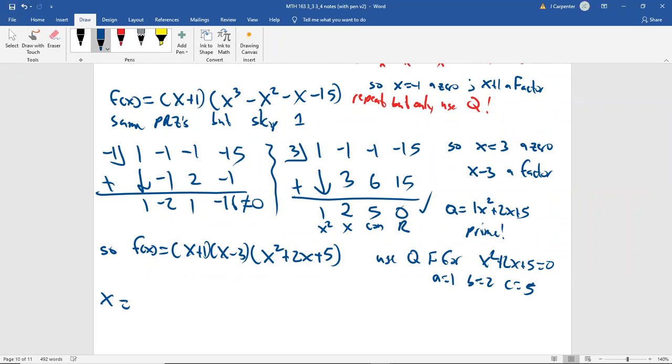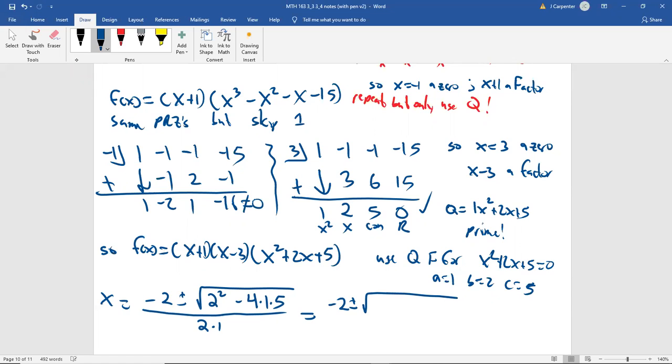So x equals negative b, so negative 2, plus or minus, big square root, b squared, which is 2 squared, minus 4 times a, which is 1, times c, which is 5, all over 2a, which is 2 times 1. And then it's just arithmetic. All right, so negative 2, plus or minus the square root of 2 squared is 4, minus 4 times 1 is 4, times 5 is 20, all over